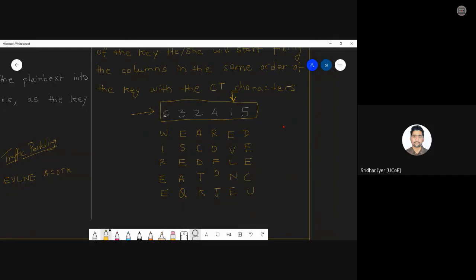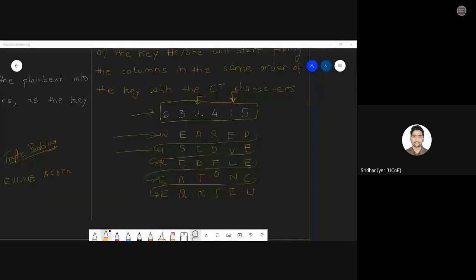Ready? Start. Then the next will be column number 2. So the next 5 characters will be written row by row in column number 2, and then 3, and then 4, 5, and 6. Am I clear? And finally, they will be read like this. Basically like this. Fine. Although this looks a lot similar to Playfair, but these are totally different. Am I clear now? Is it making sense? Kindly let me know. If you want an explanation further, I can repeat it if you want.